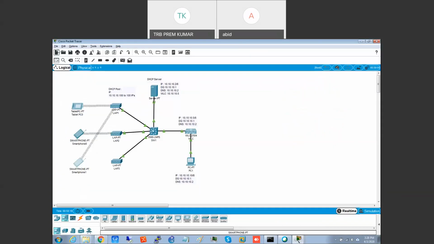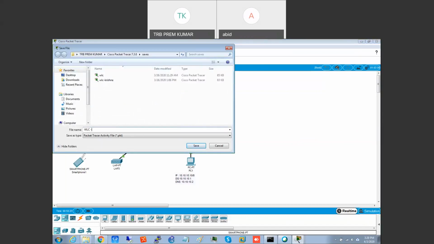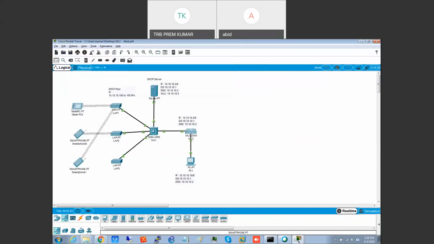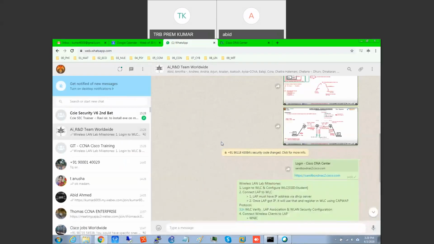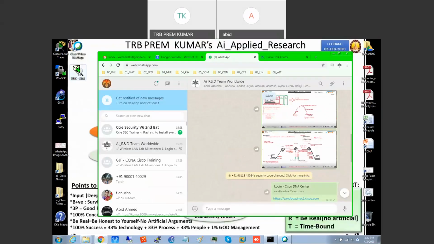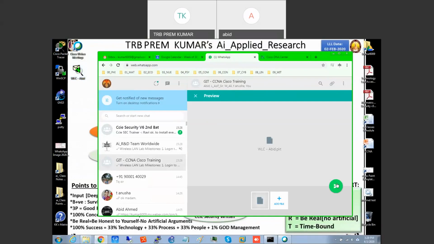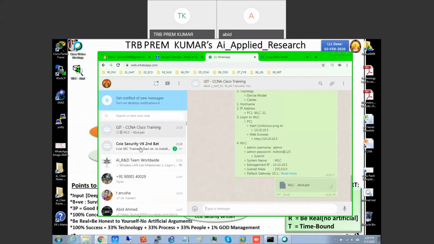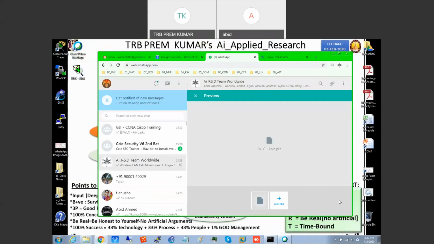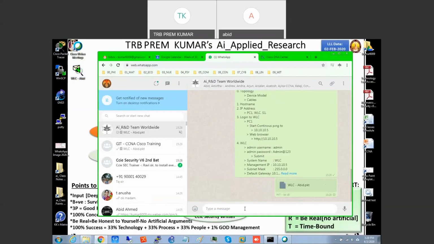I put it in both groups, so you can use that also. Other students can use it too.